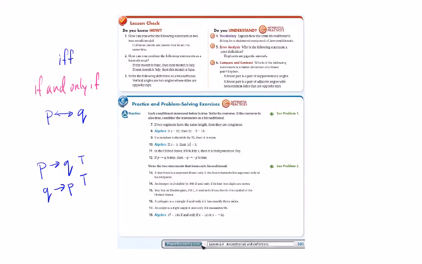All right, so if we're given a statement like number 7, if two segments have the same length, then they're congruent. That's true, right? And then the converse, if they are congruent, then they have the same length. If two segments are congruent, then they have the same length. That's also true. So we can say two segments have the same length